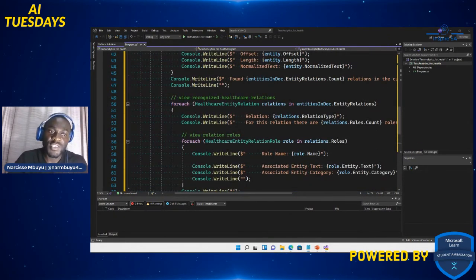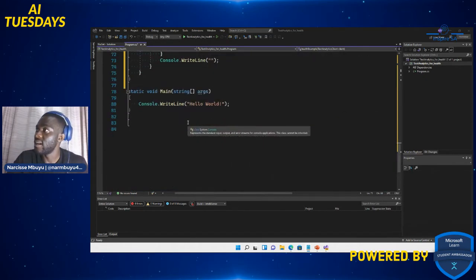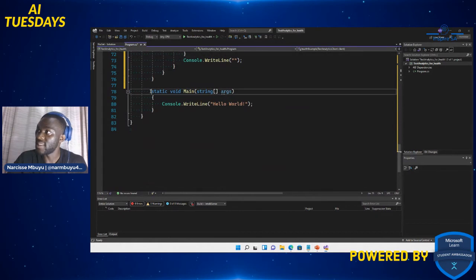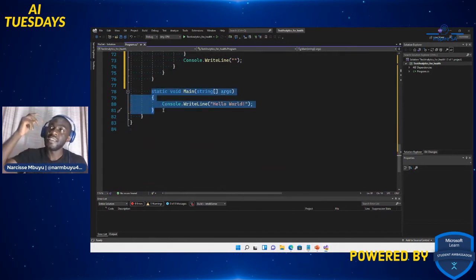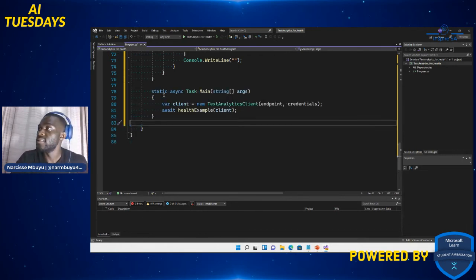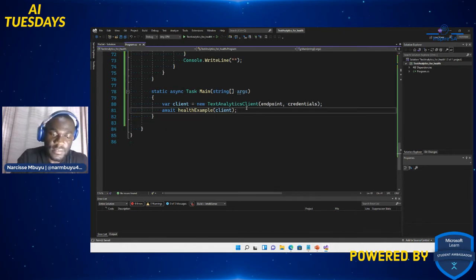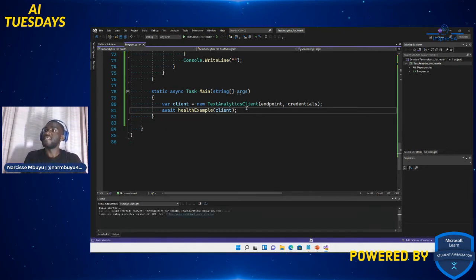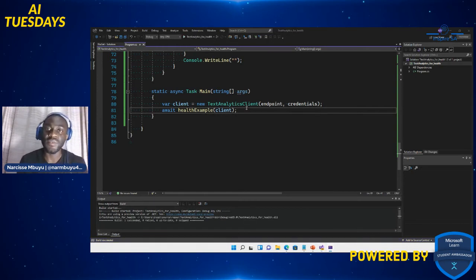And now, since we're dealing with a static method, our main method, we're also going to make it async as well, because I said it has to complete first, and then it's able to do the next one. They work hand in hand. One has to be completed before the next one continues, right? Static async Task Main, right? And I'm going to call the client and put in my input. Basically, as simple as that. And save it. This one's a bit complicated. Save it and let's run it and see what happens.